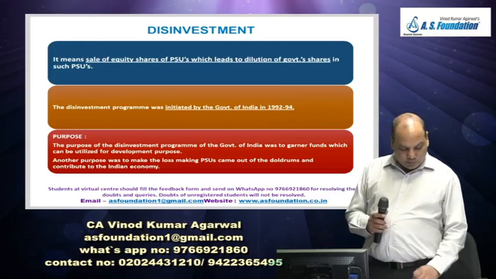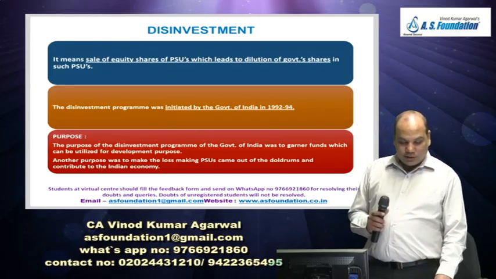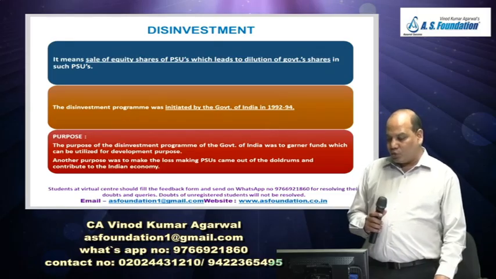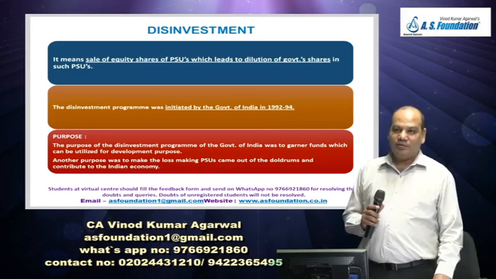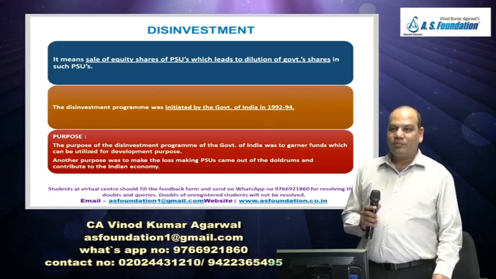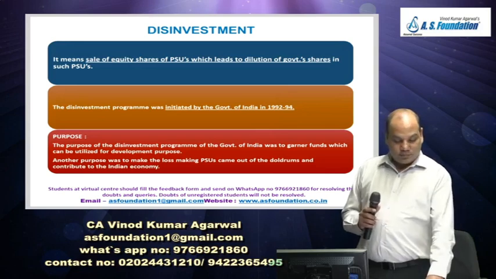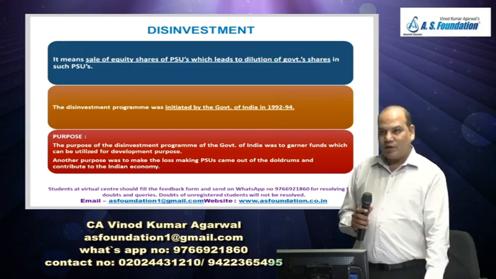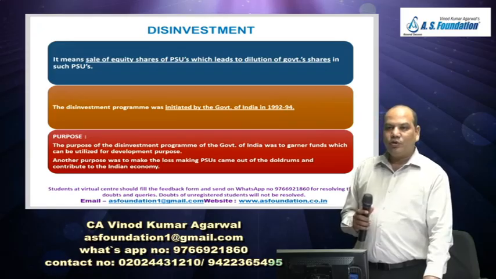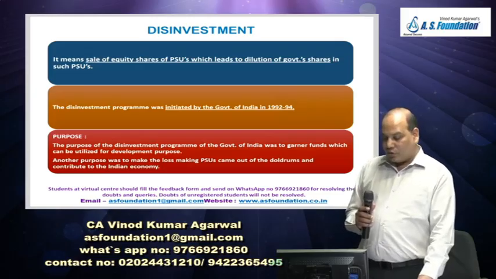Now we'll come to one paragraph which is called disinvestment. The word disinvestment is usually associated with government. Government has a lot of investment in public sector companies. When India got independence, there was not too much industrialization. There were not too many big companies which would produce goods of mass requirement, infrastructure. At that time,